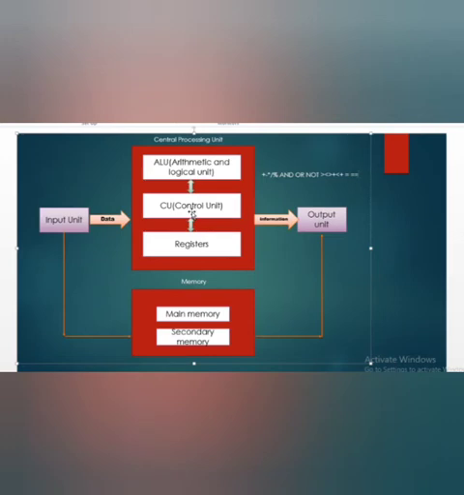Then its main activity is to maintain the order. So now I want to add 2 plus 3. It's going to control the order, in the sense it will take the input 2 first and then the addition operation second, then it's going to add the another value 3. So the control unit is mainly used to maintain the order and direct the operations of the entire system.